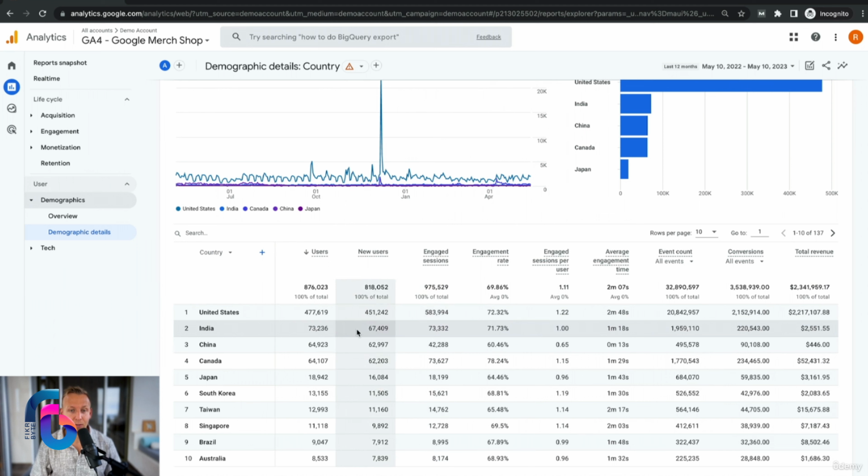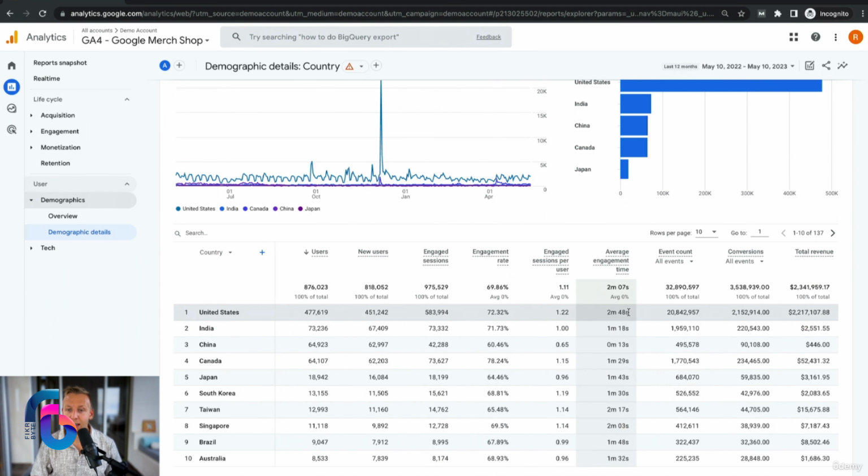They're generating the most revenue, the most users, and they also have the highest average engagement time. There's no doubt it's the best piece of traffic. And also scrolling down, we get to confirm that Taiwan is absolutely insane with their revenue generated in comparison to